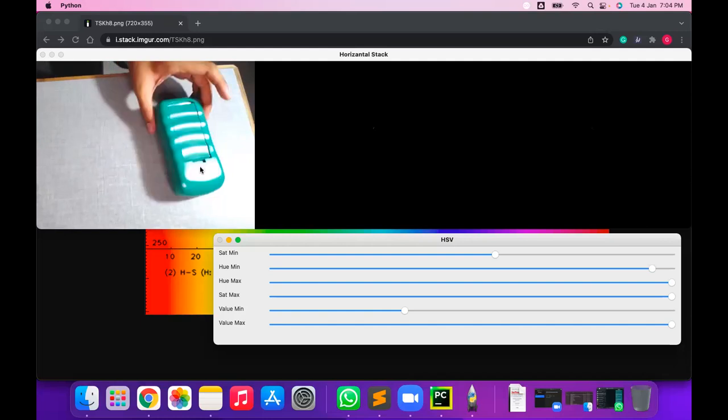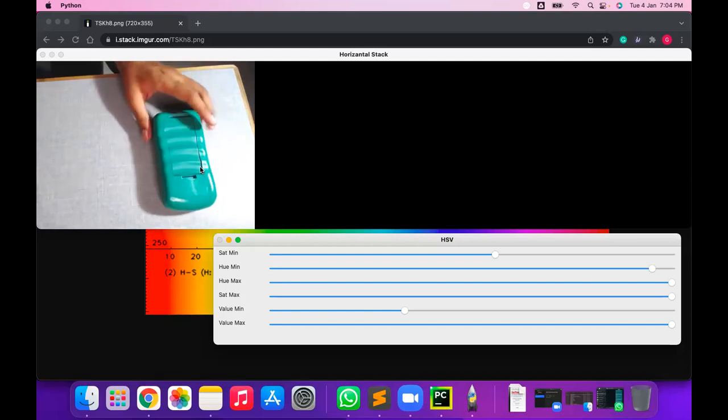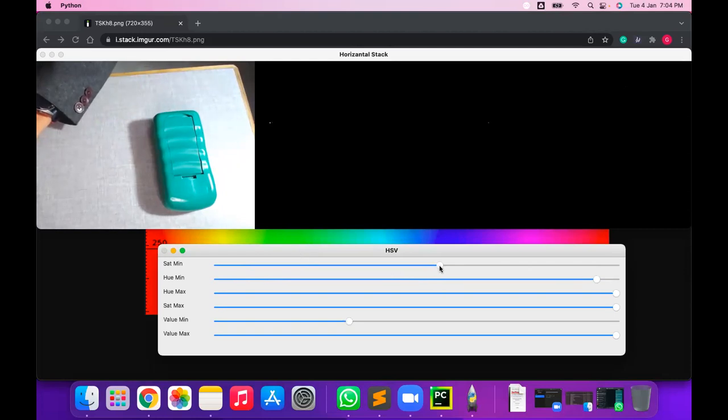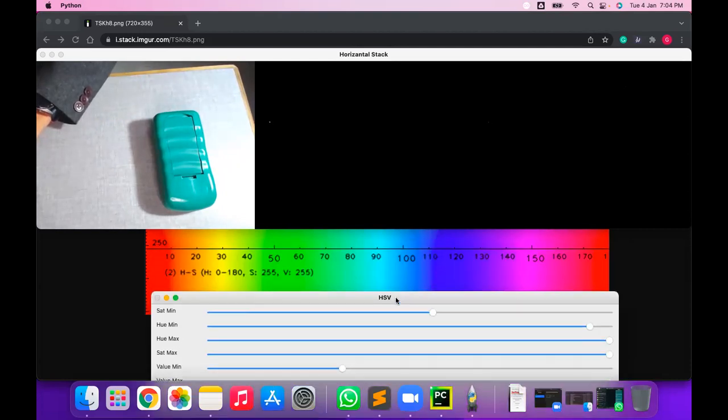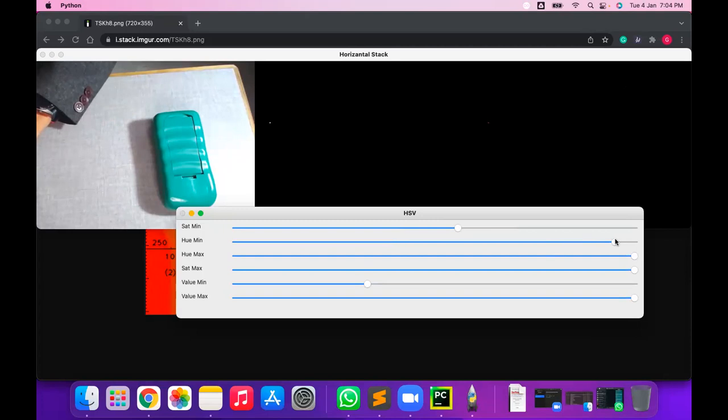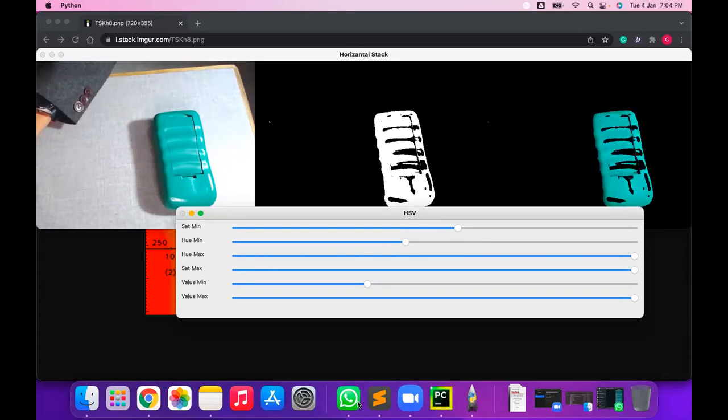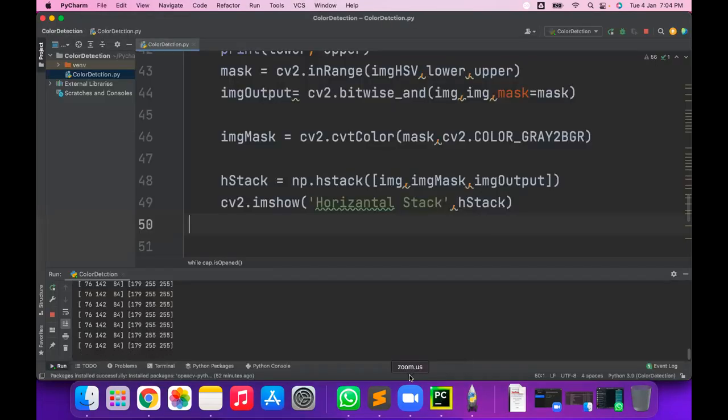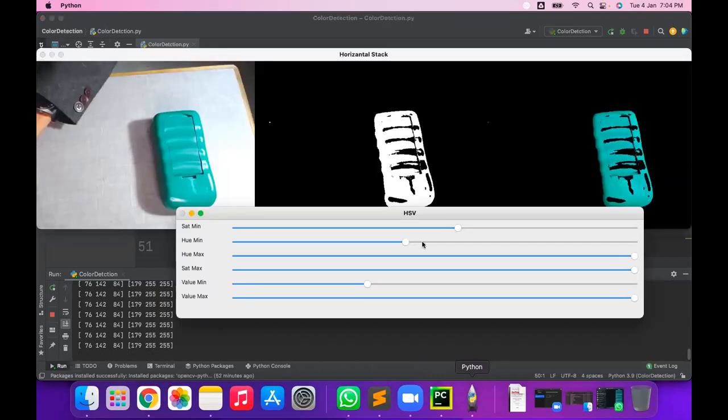Now it is the green color mask. Its U value was 155, so make it 55. Let me see what that value is. Yes, it is 76. So it is nearly 57.